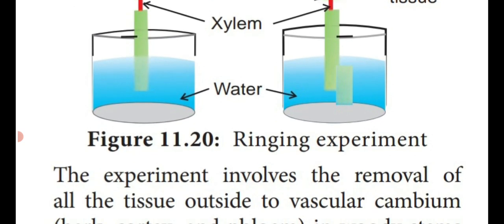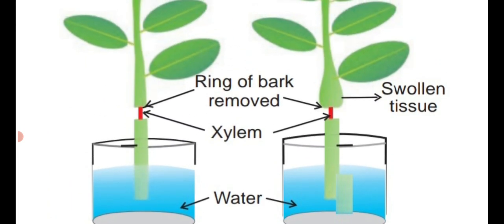See that one, what will happen? A small swelling, see the second diagram. The first one is the same experiment, but it is shown with two diagrams. The first one is the potted plant from which we remove the tissue present in the stem region except xylem, and we place it in the beaker containing water. What will happen? You are going to see in the second diagram a small swelling which occurs at the base of the stem portion,